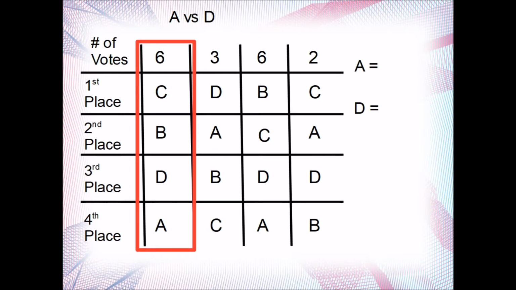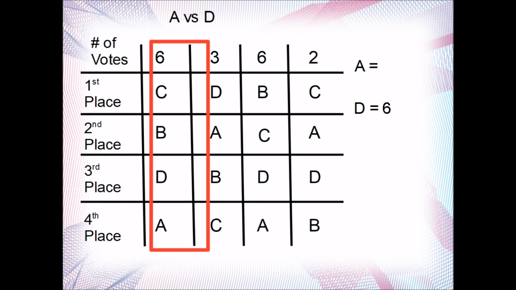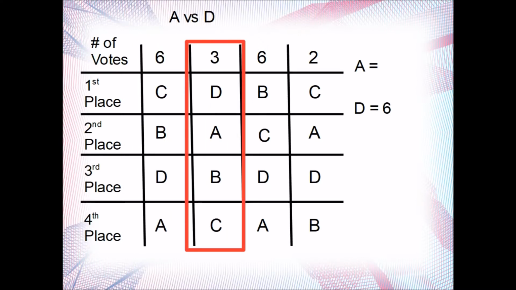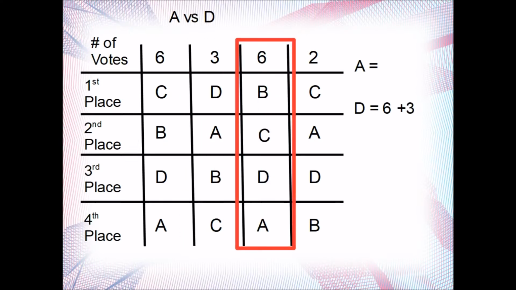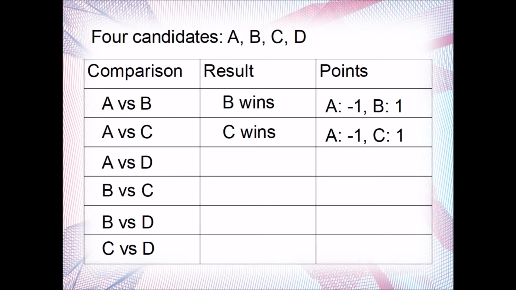Since I can't keep rewriting the preference schedule every single time, let's look at another technique here. I look at just the first column to see if these 6 people like A or D better. And I can see that these 6 people prefer candidate D. So I'll move on to the next column, and I can see that these 3 people also like D better. In the next column, these 6 people like D better. And in the last column, those people like D better. So D wins. You could add that together if you want, but it doesn't really matter because it's clearly larger than 2. So D wins, award my points, and that's it for all of the comparisons involving candidate